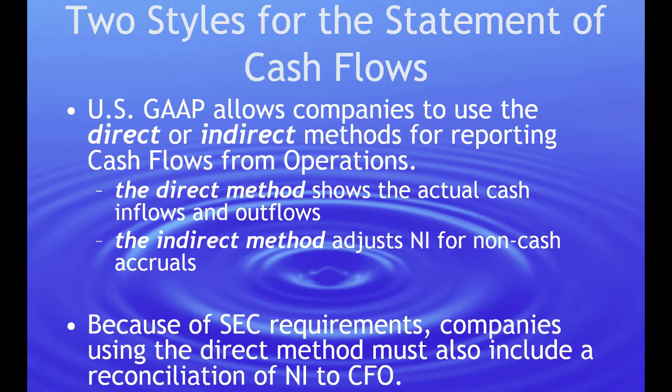Well, because of the SEC's insistence, FASB actually changed the rule. So the rule used to be you can do direct or indirect, it's up to you. The rule now is you can do direct or indirect, it's up to you. But if you do direct, in the footnotes, you have to include a reconciliation from net income to cash flow from operations, which is going to look exactly like the cash flow from operating section of an indirect style statement